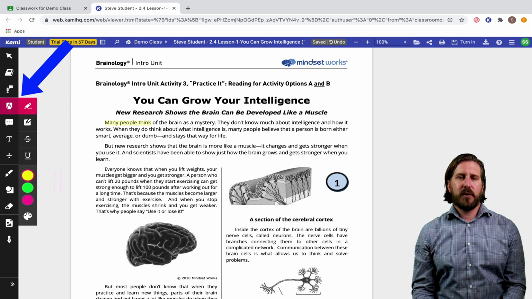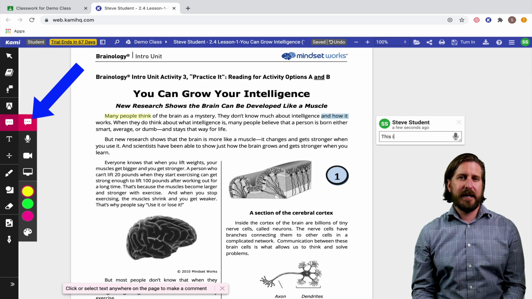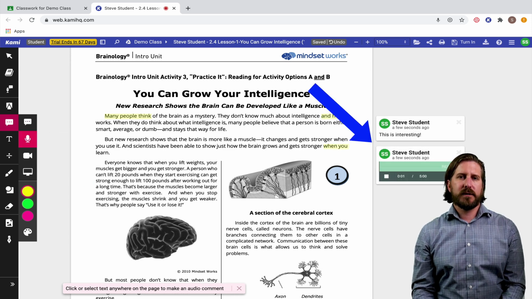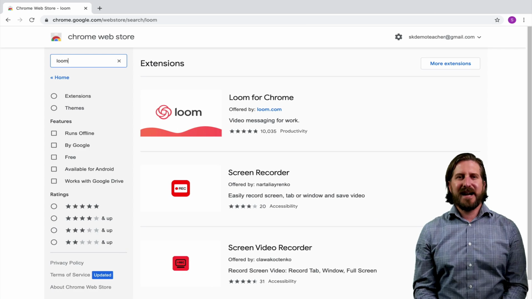So students can do more traditional annotations like using a text comment here, but they can also do things like add voice notes to a PDF document. And then, of course, if you as the teacher also have Kami installed, you can interact with this document using those same tools as well. So it can be a dynamic way of providing students with feedback and engaging them in a discussion about the work that they're doing. The 10th must-have Chrome extension for students is Loom.